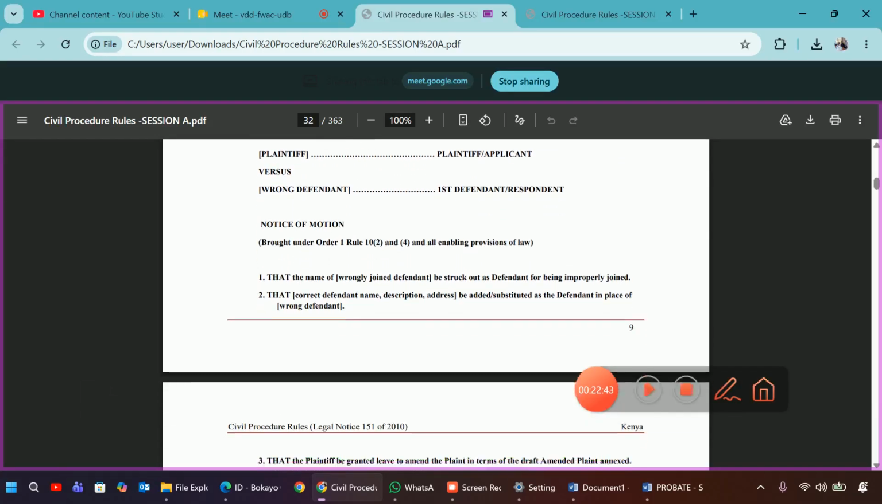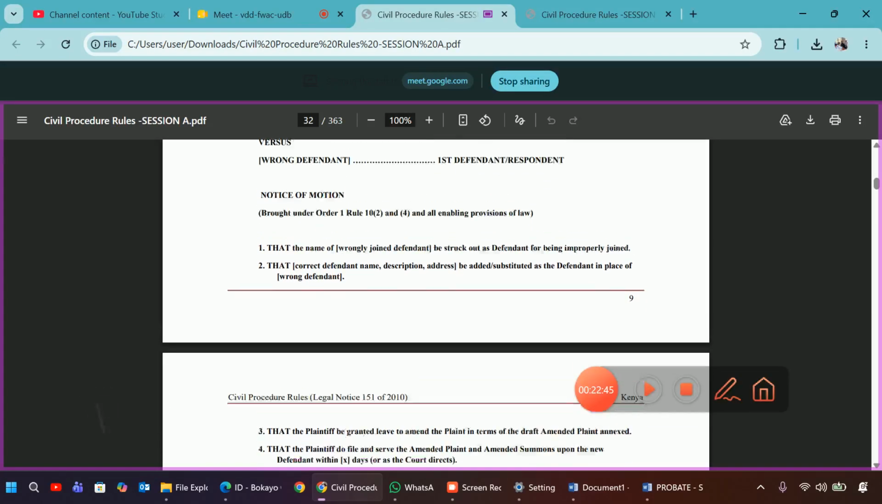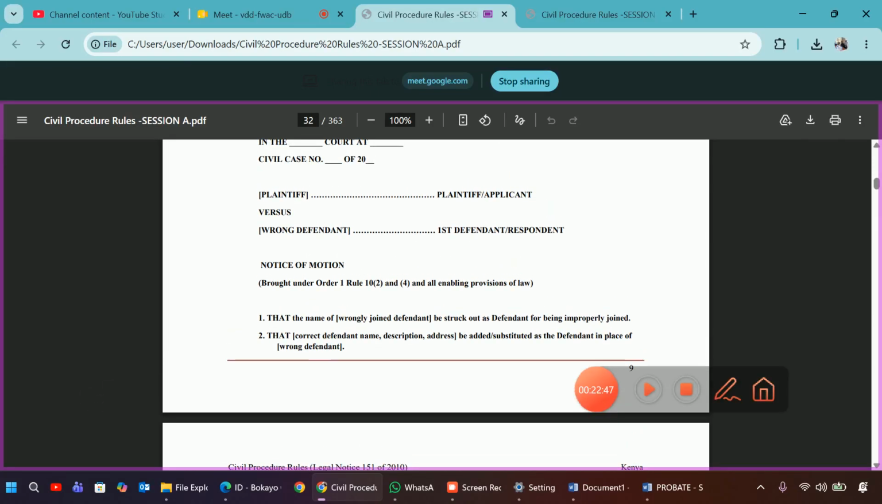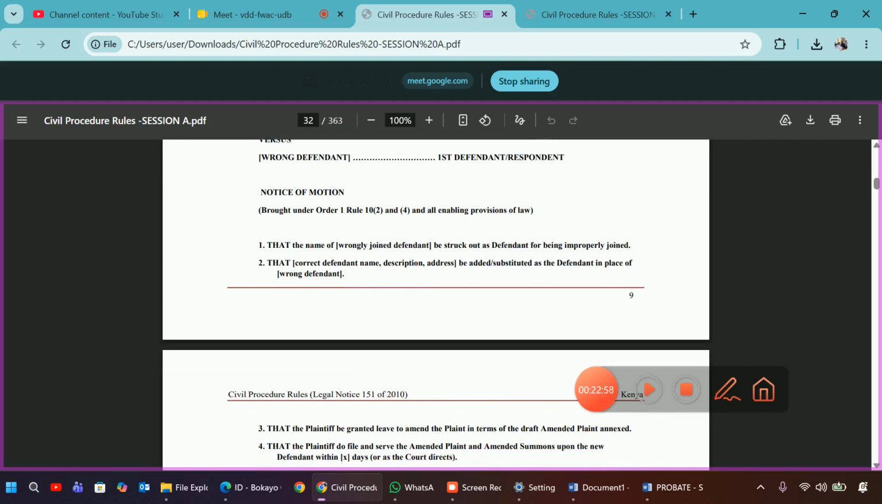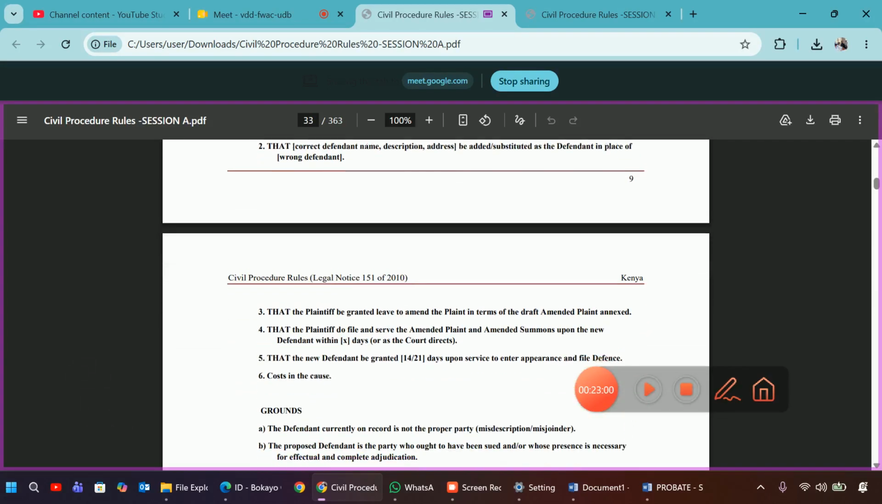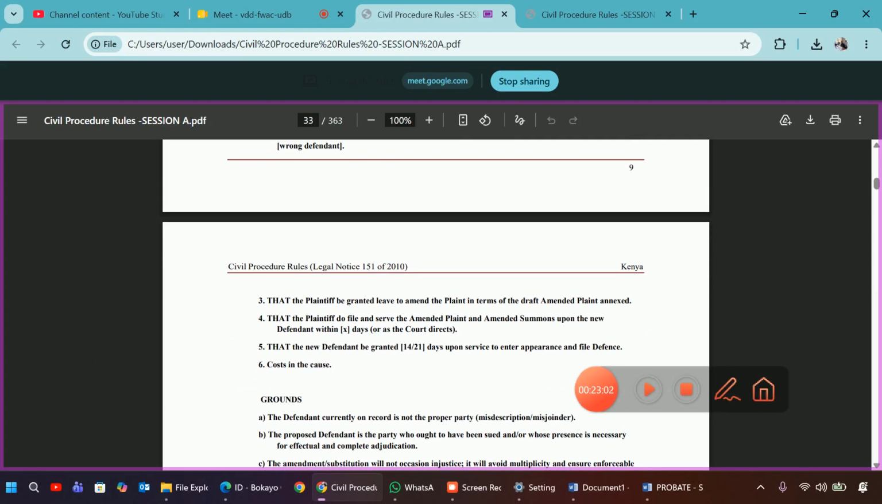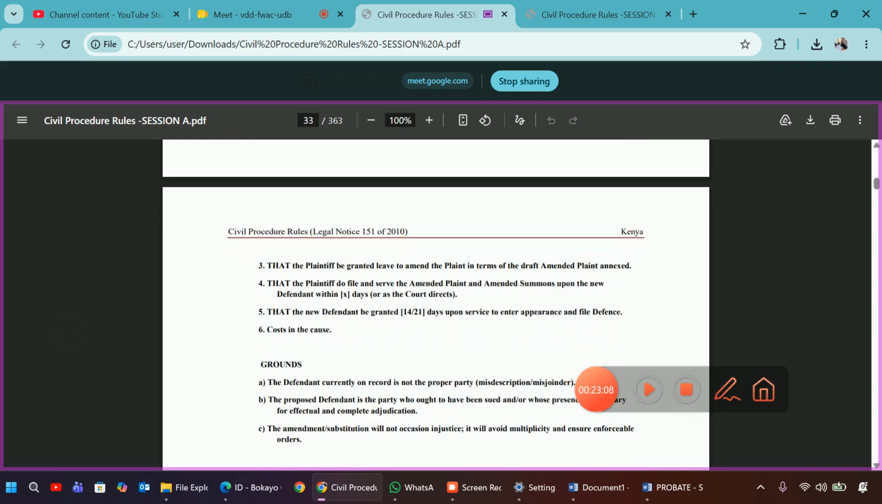So that the name of the wrongly joined defendant be struck out as defendant for being improperly joined, that the correct defendant's name, description and address be added, substituted as the defendant in place of the wrong defendant. So you are striking out and adding. The plaintiff be granted leave to amend the plaint. Remember, that is mandatory. Leave must be sought. The plaintiff do file and serve the amended plaint and amended summons, that the new defendant be granted a number